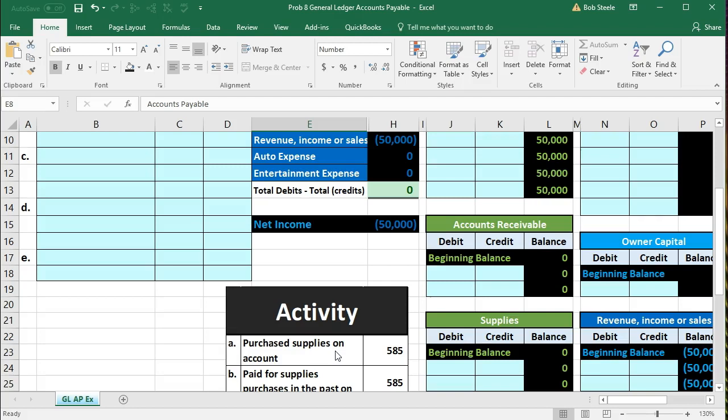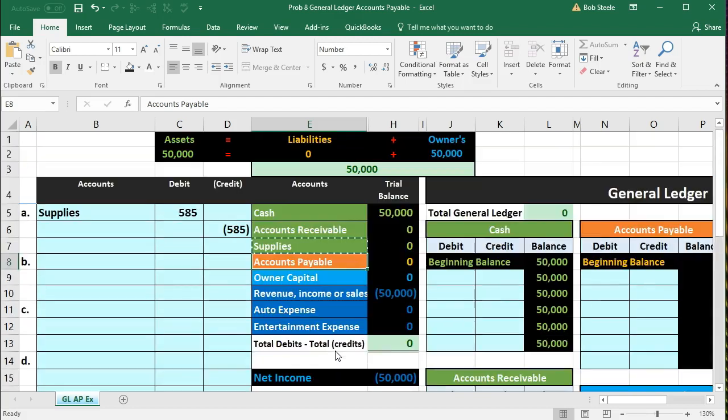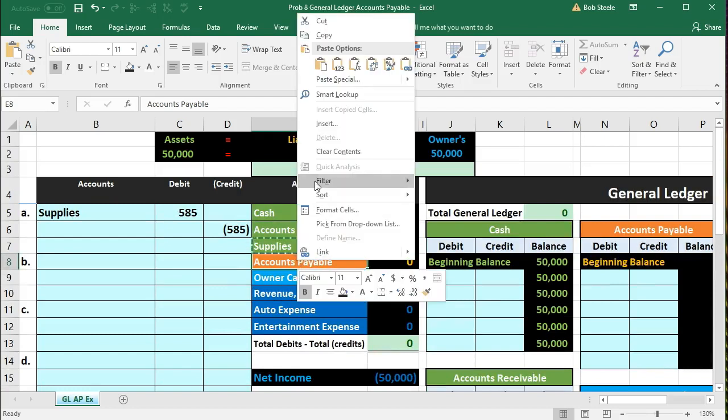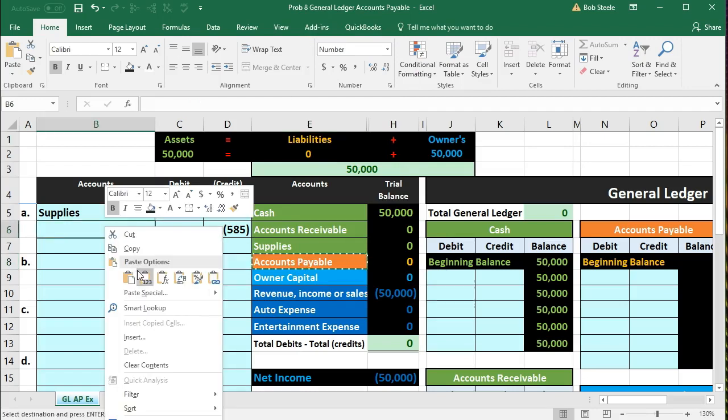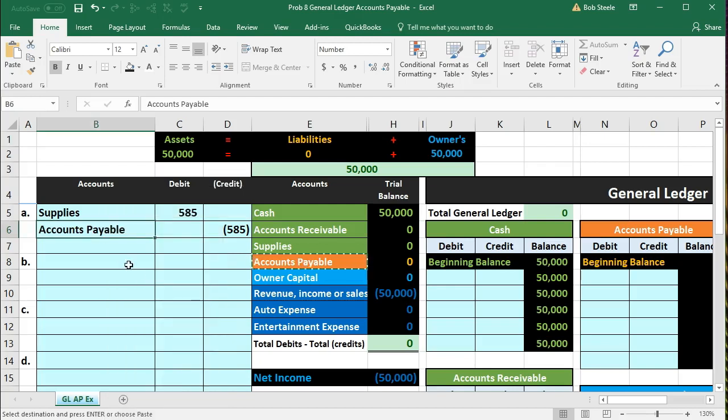We're dealing with accounts payable at this time. So I'm going to copy accounts payable in E8 by right-clicking, copy accounts payable. I'm going to put that in cell B6, right-click, paste 1, 2, 3. We're then going to double-click in front of the A and space 3 times to give an indentation for the